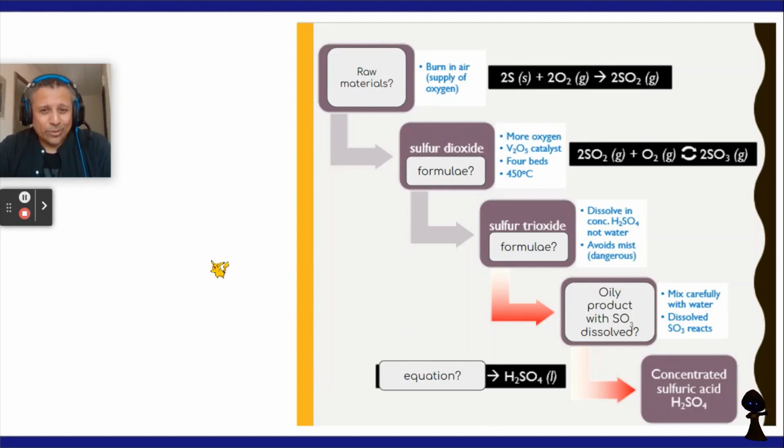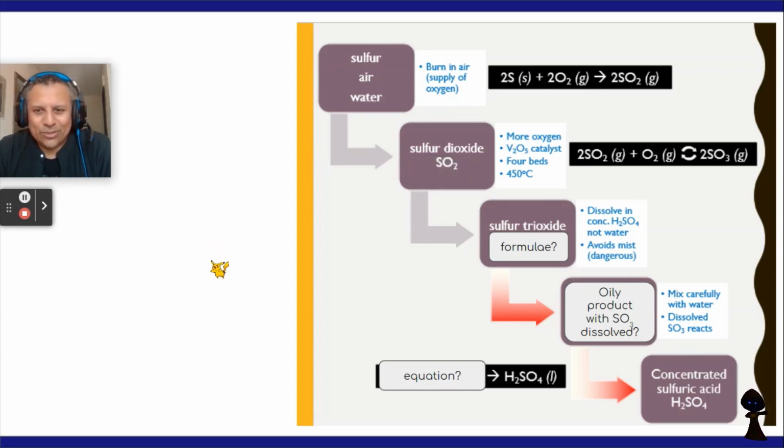So let's just quickly run through a quick quiz just to test that you've been alert on this one. What are the raw materials? Pause and play again once you think you know the answer. So the raw materials are sulfur, air, and water. What's the formula of sulfur dioxide? Pause. Okay, sulfur dioxide's formula is SO2. Sulfur trioxide formula. Pause. It is SO3. And what's the oily product with SO3 dissolved? Can you remember? Pause it. It is oleum,